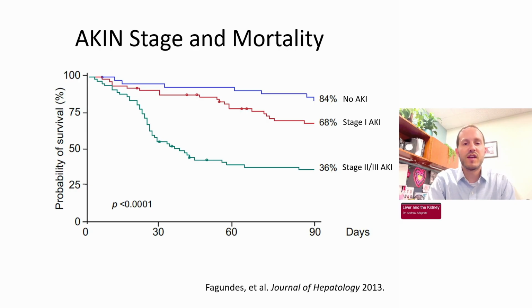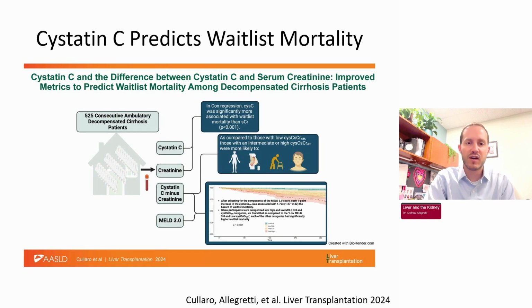Regardless, I think a relative change in serum creatinine is still very important in this population. Even small changes in serum creatinine, a 0.3 milligram per deciliter increase, for example, in defining a stage 1 AKI, still results in worsening survival in this population. And obviously, the more severe AKIs have worse outcomes.